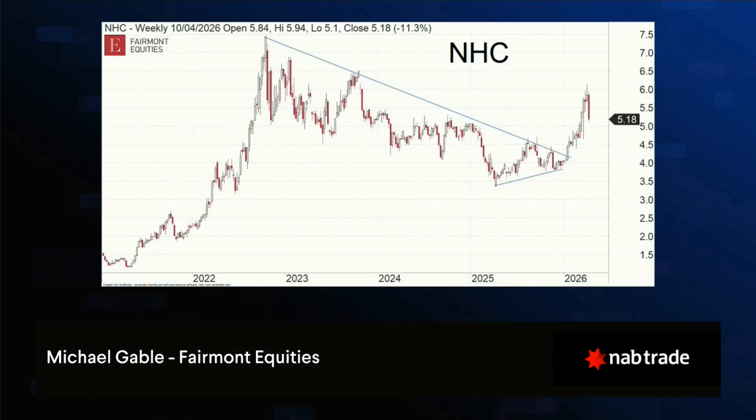This is New Hope Coal. I've brought this chart a few times over the past few months. We could see the breakout at the start of the year, again above a multi-year resistance line. This is another one I've been happy to buy on any dips. I think that'll go to new highs. I think in the next few months or so, you've at least got another couple of dollars on top